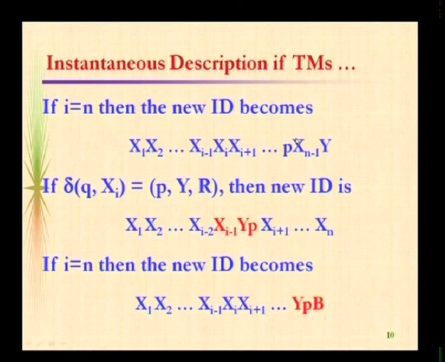So, these are the three cases which we are studying as far as the left move is concerned, but the situation is going to be different when the move is to the right. For example, suppose the transition function is delta of q comma x i equal to p comma y comma R. So, what will happen? The same thing: if it is some x i, then replace it, and instead of moving towards left we will be moving towards right, and when the current symbol is the leftmost symbol, what will